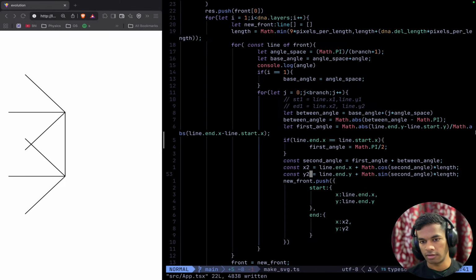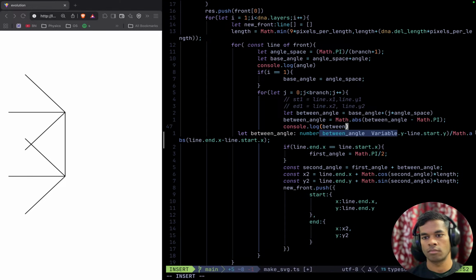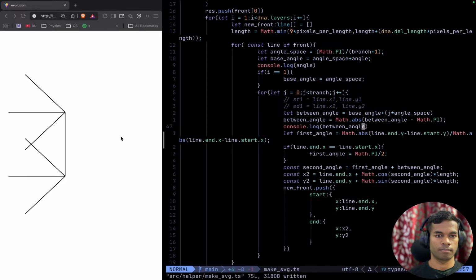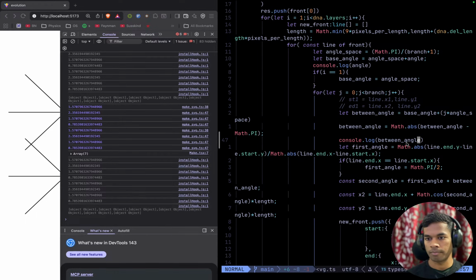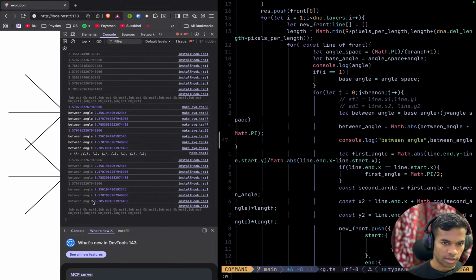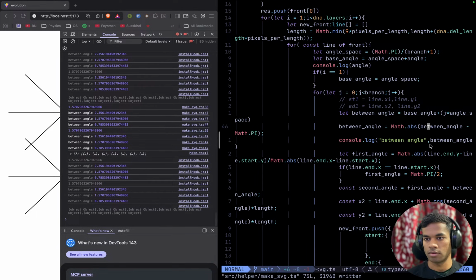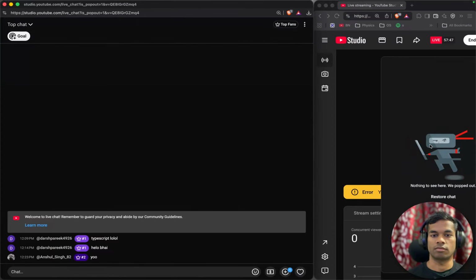Let's see the angle, second, between angle. Console. Okay. Between angle. Okay. We have the between angle as these values, which is in terms of pi, so multiply this,